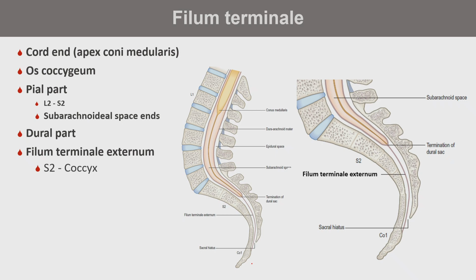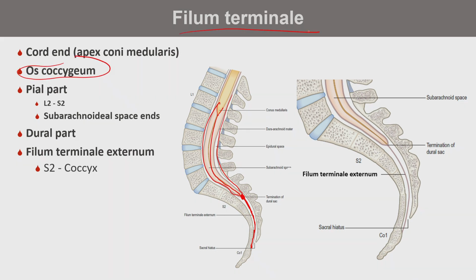What is the filum terminale? It's the end of the cord which is arising from the conus medullaris and then is in the middle of the dural sac. The dural sac then is ending at a level of S2, and then the dural coverage covers the filum terminale, and then the filum terminale is not surrounded by cerebrospinal fluid, and it's ending and is fixed to the tailbone, to the coccygeal bone.